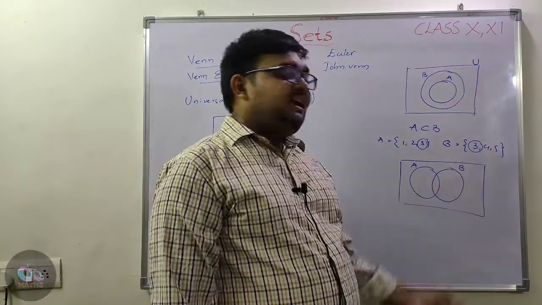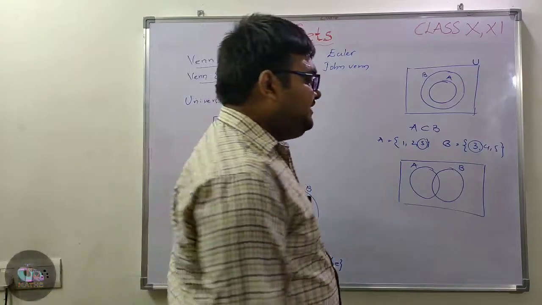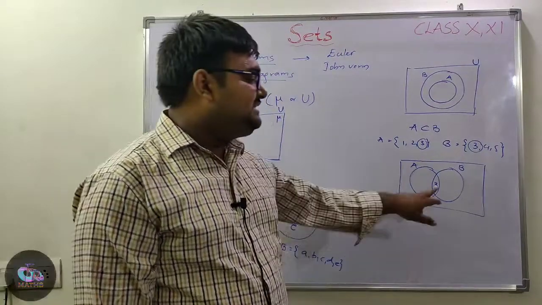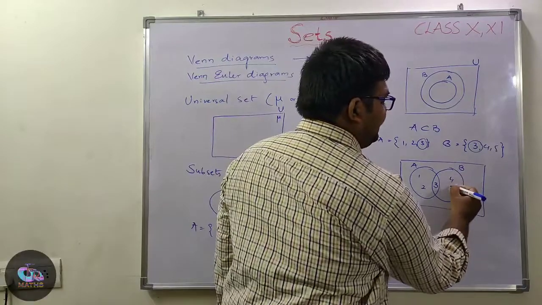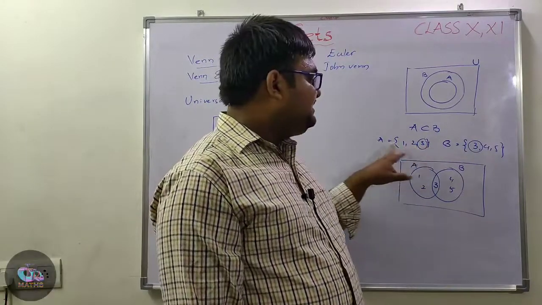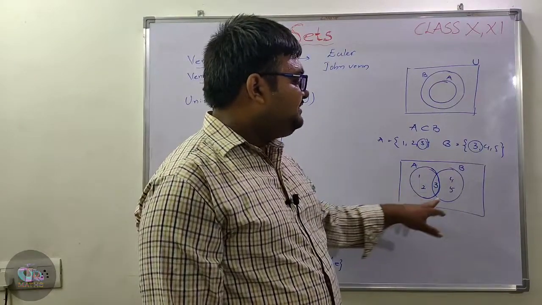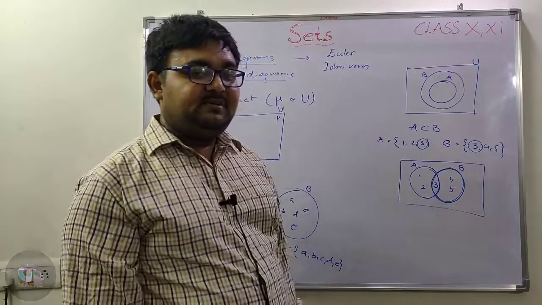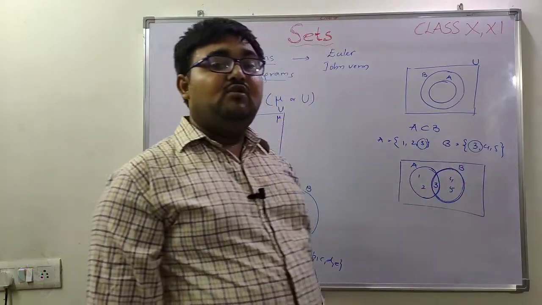If you observe, there is an overlapping part for set A and set B. This overlapping part is common to both sets A and B. That means element 3 belongs to both A and B, so it is placed in this region. In the same way, 1 and 2 are placed in set A, and the remaining elements 4 and 5 are placed in set B. Here 1, 2, 3 is set A, so this total region represents set A, and all three elements belong to set A. At the same time, 3, 4, 5 belong to set B, so this region represents set B, and we have an overlapping portion.